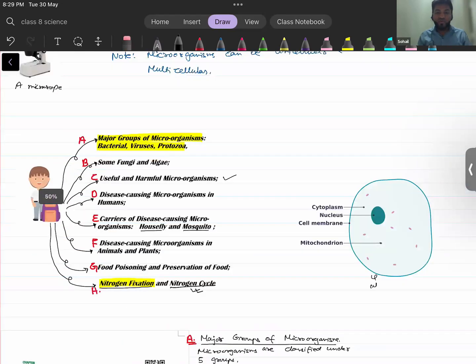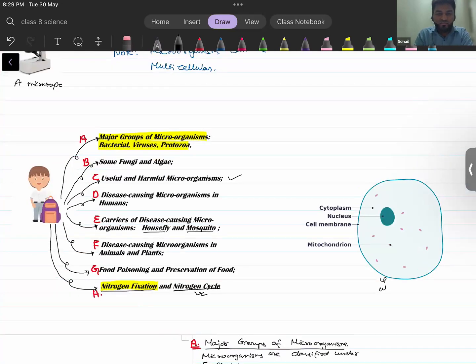By the way, do you revise whatever we discuss in the class? After the class, do you revise the things which we discuss? No, sir. You are supposed to revise them so that you will be able to answer the questions in the class. And one more thing, are you making notes? Yes, sir. The notes which I'm providing